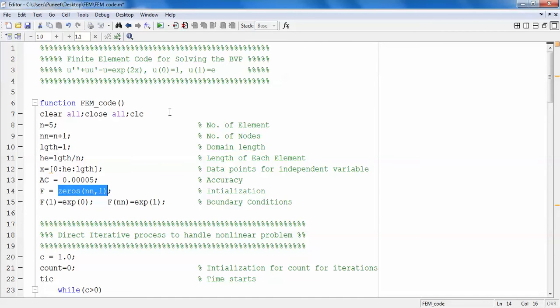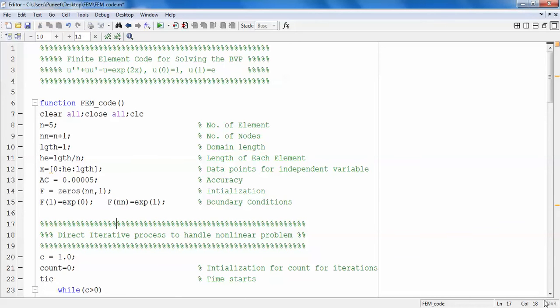So f1 is your initial value, meaning you are dealing with u0 equal to 1. I can write ex equal to 0, because I know the solution is e raised to the power x, in order to make you understand whether the code is giving the correct solution or not. And this is for the last node, where you get exp equal to 1.